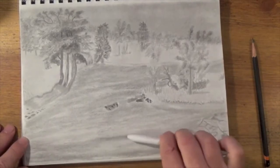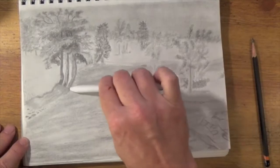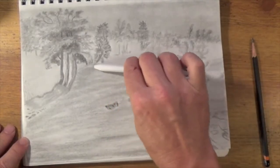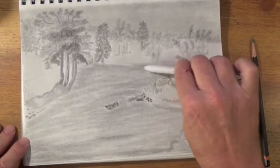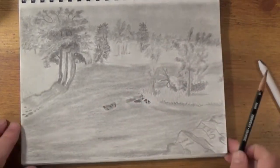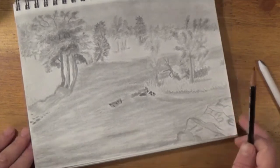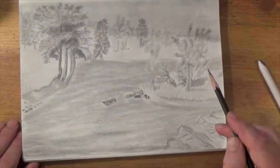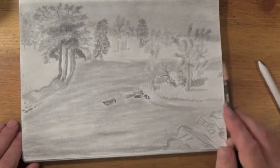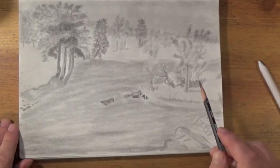And you'll find yourself having to go over your water more than once, just depending on how dark you want to get some areas and how light you want to get some areas as well. And just leaving it where we're at right now is not too bad at all. But once you get your first layer of shading done,